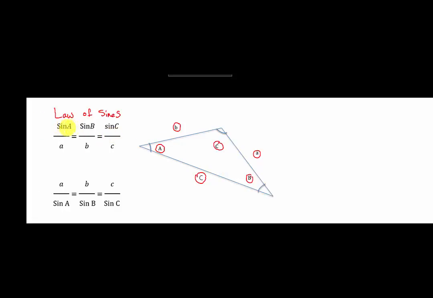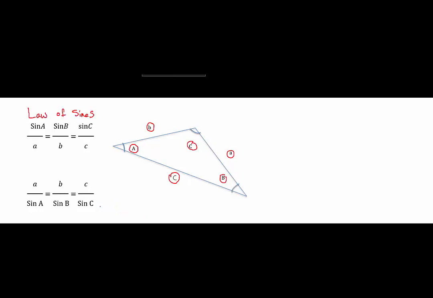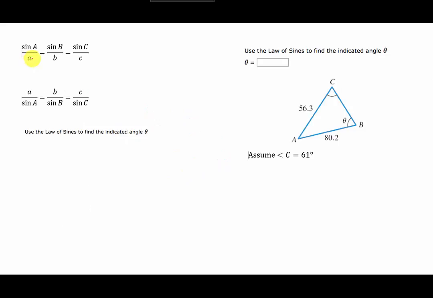And we can put the sine of the angle on the top of these ratios and the opposite sides on the bottom, or we can put the sides on the top and then the sines of the corresponding angles on the bottom. Now, how is this useful? Well, this is useful whether we have a right triangle or not. So we're going to use the law of sines, one of these forms where we have the angles on the top and the sides on the bottom, or the sides on top and the angles on the bottom, to solve